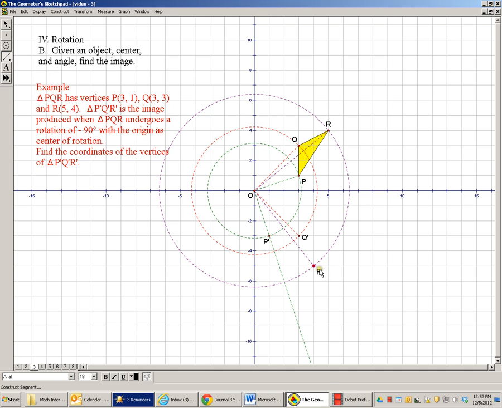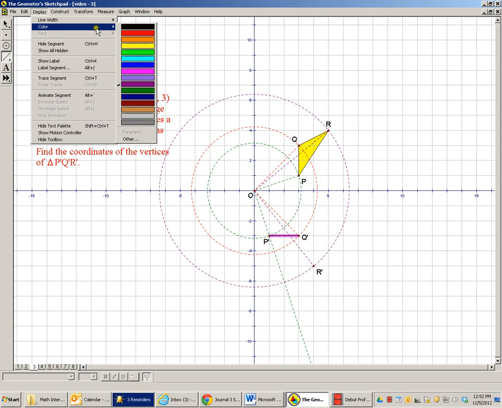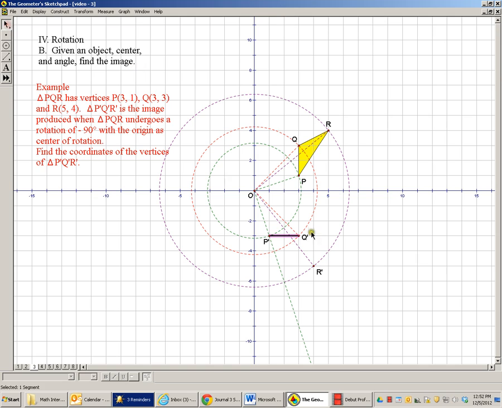Alright, now let me connect. Did I screw this up? I'll soon find out if I screwed it up or not. Let's make that thick and let's make it black so that it comes through a little bit better. And now we're going to go like that, and we're going to go like that. No, I got it exactly right because I can tell clearly the yellow triangle rotated about 90 degrees to produce